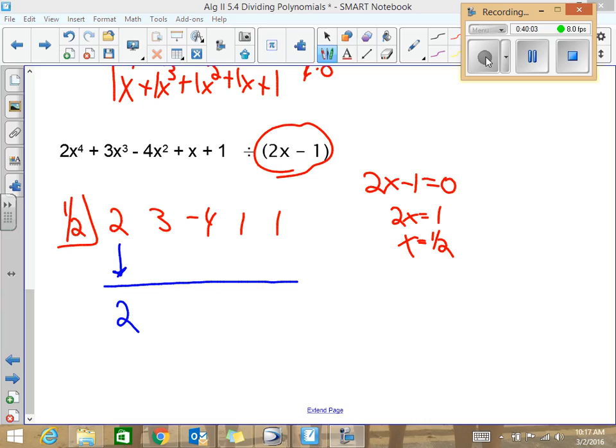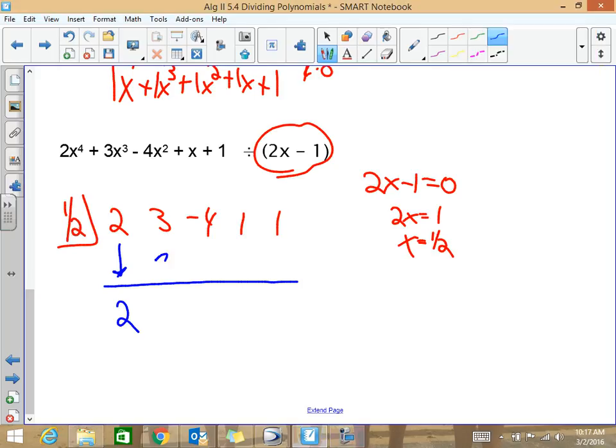Okay. So we bring down our 2. 1/2 times 2 is 1. 3 plus 1, Megan, is 4. 1/2 times 4 is 2. -4 plus 2 is 2. 1/2 times -2 is 1. 1 minus 1, 0. 1/2 times 0, 0. 1 plus 0 is 1. Okay, so now